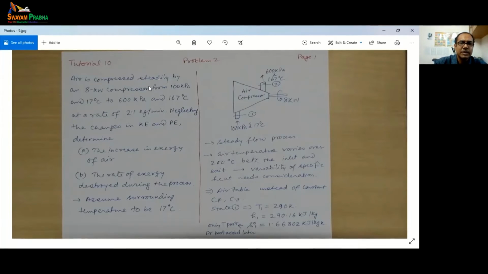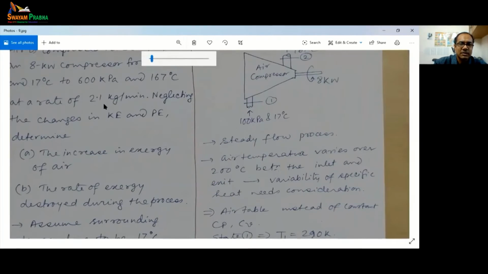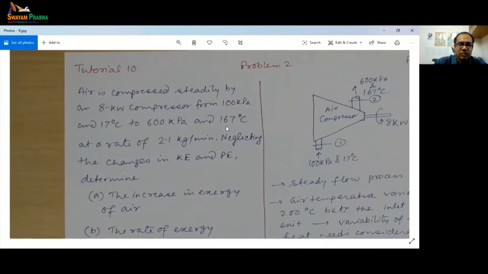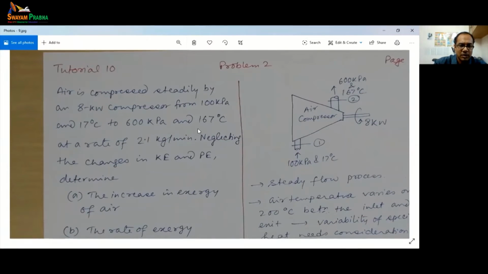Air is compressed, and it is an ideal gas, so you don't have to look up the table all the time. So air is compressed steadily by an 8 kilowatt compressor. This is the air compressor, and air is getting compressed through a work input of 8 kilowatt, and the initial state is 100 kilopascal